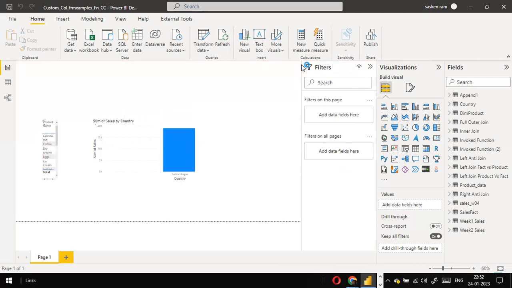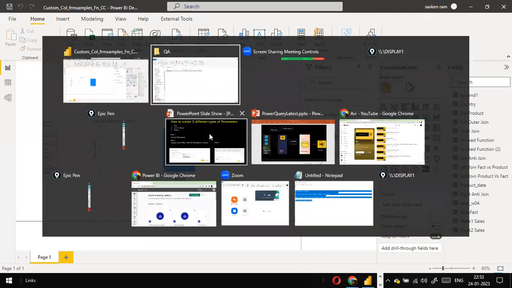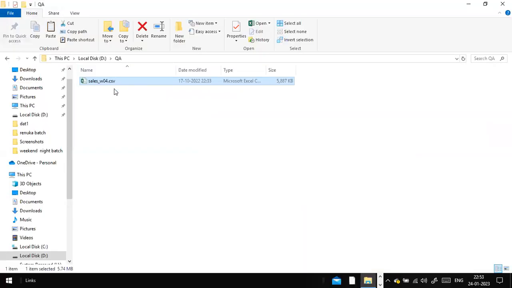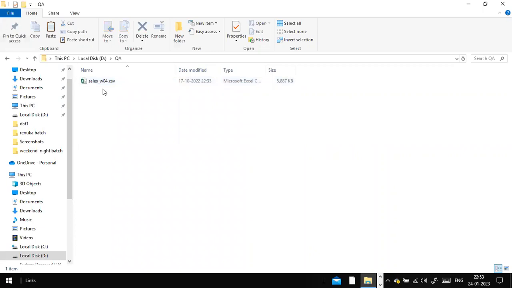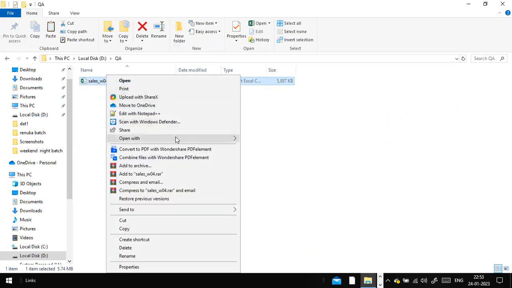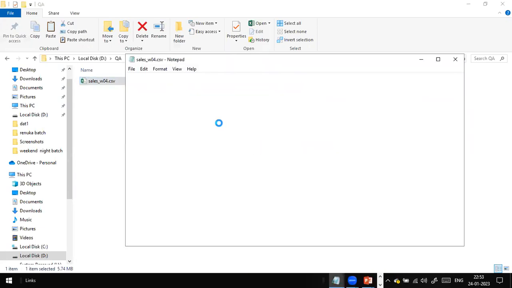Now it's working. Can you guess what the problem was? You should be very good at troubleshooting too. In this case, what happened? Here I kept one file, wasn't it? That file initially did not have any blank value. Whereas if you open this file here, it